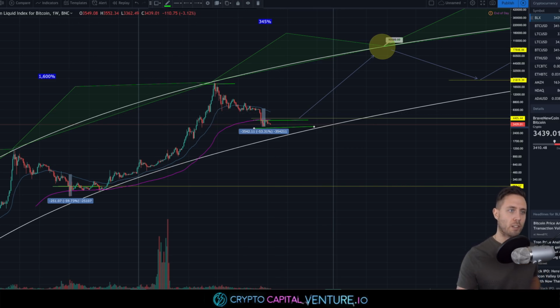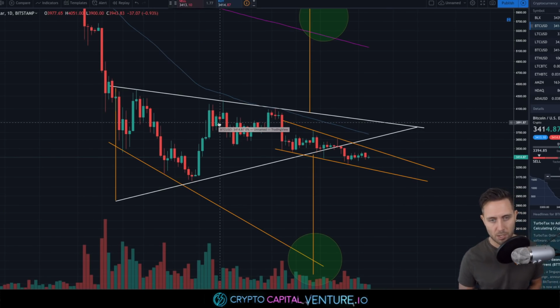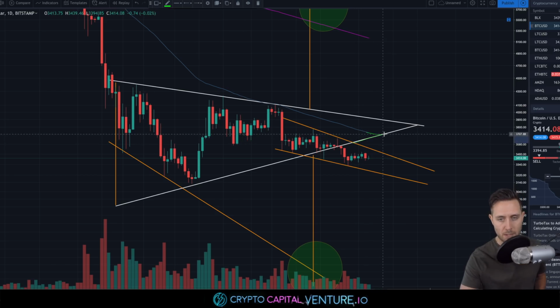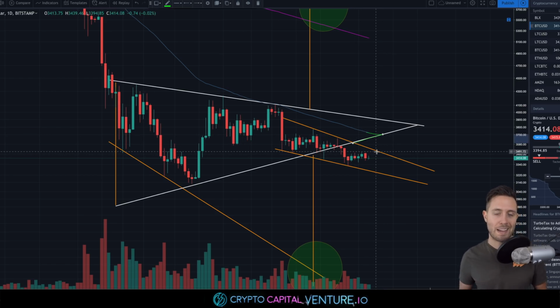We can take a quick glance at the daily just so we get a sense of what's going on. We'll track it, but not much has changed since the last time we talked about it. We see this large symmetrical triangle on Bitcoin's daily chart, leading into a potential falling wedge. So right now, what we've been looking for is a third retracement to the 50 EMA, also the bottom trend line of the symmetrical triangle. Will Bitcoin get it? We can talk about it. We can track it. Follow me on Twitter if you're not.